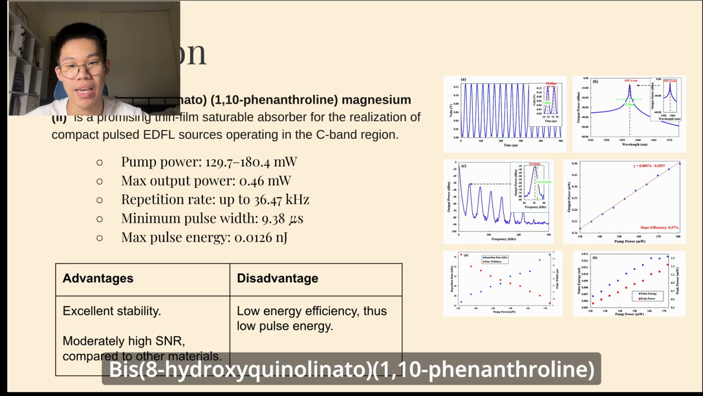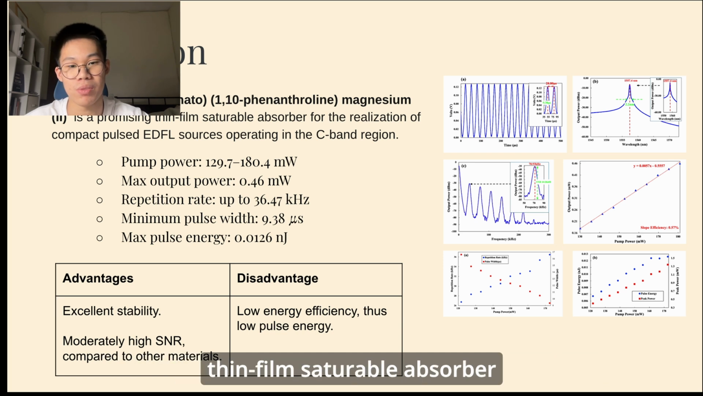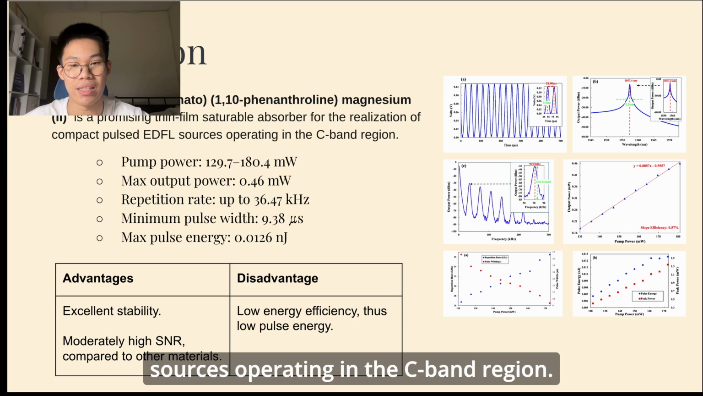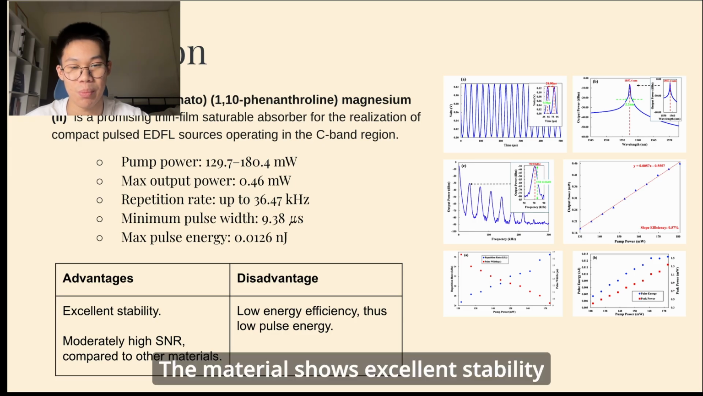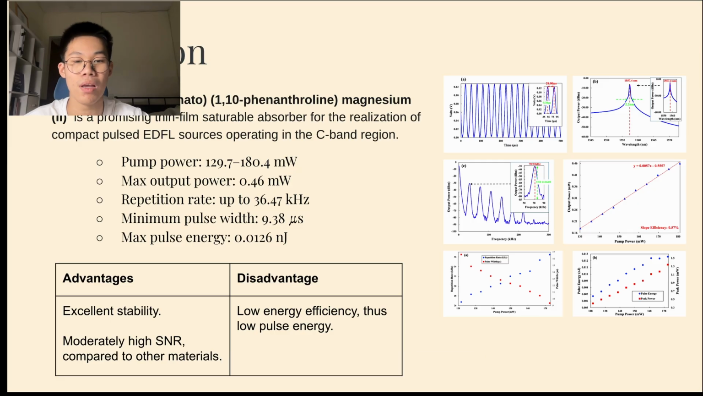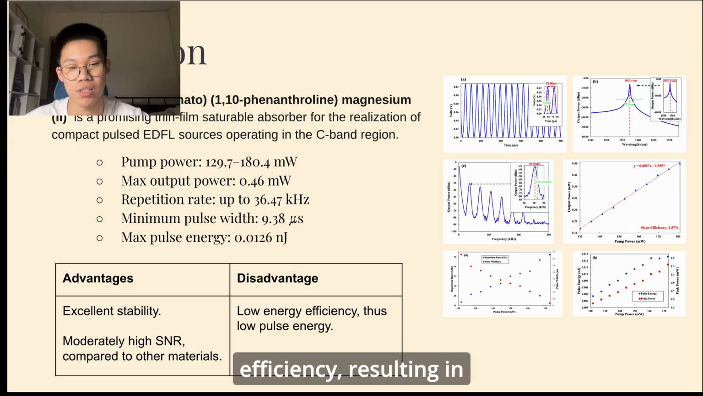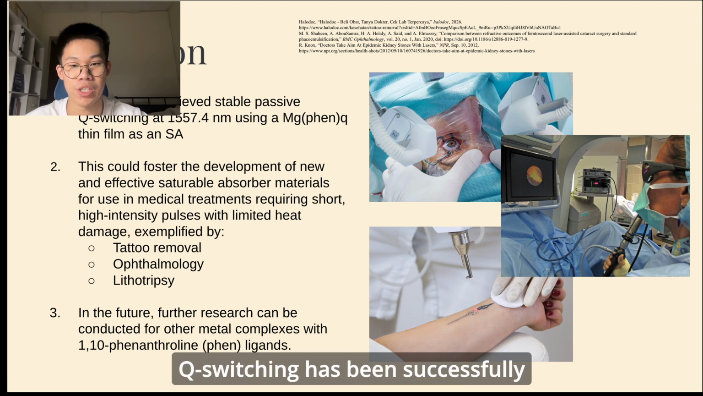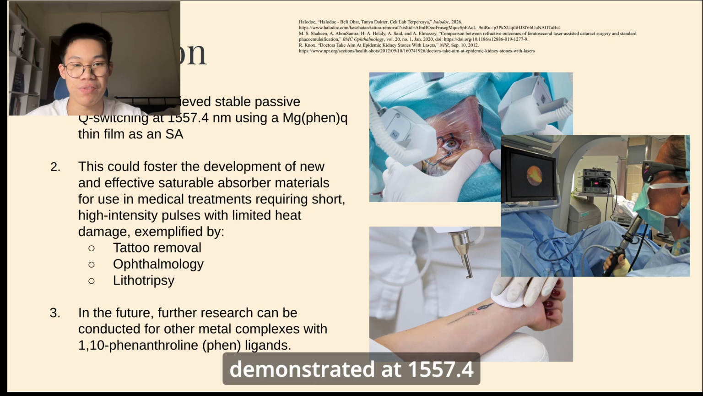In conclusion, bis-8-hydroxyquinolinato 1,10-phenanthroline magnesium(II) is a promising thin film saturable absorber for the realization of compact pulsed EDFL sources operating in the C-band region. The material shows excellent stability and moderately high signal-to-noise performance, making it a viable candidate for a compact Q-switched pulsed fiber laser system. However, its main limitation is low efficiency, resulting in low pulse energy compared to some of the existing materials. In this study, stable passive Q-switching has been successfully demonstrated at 1557.4 nanometers using a magnesium FanQ